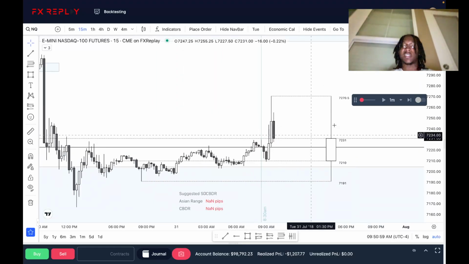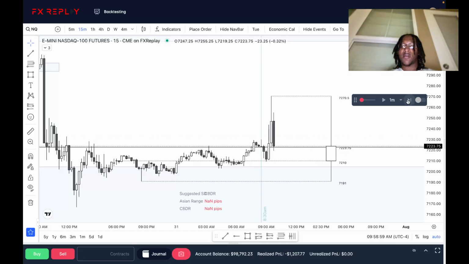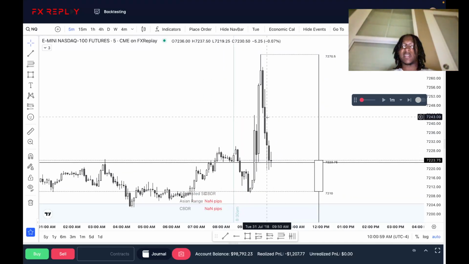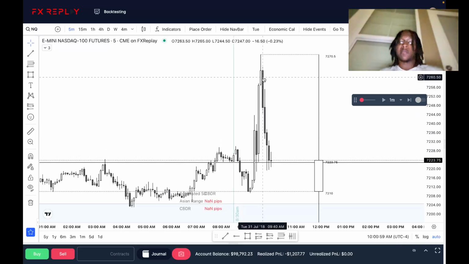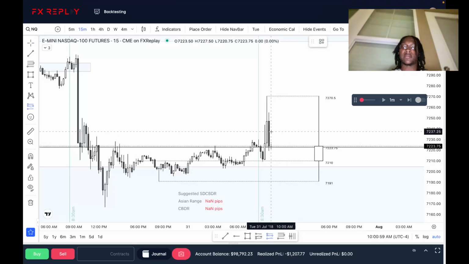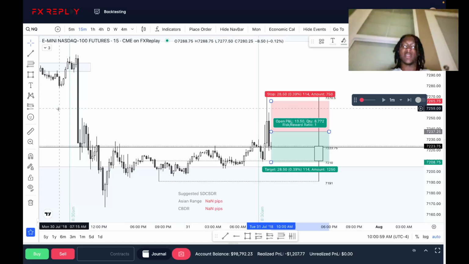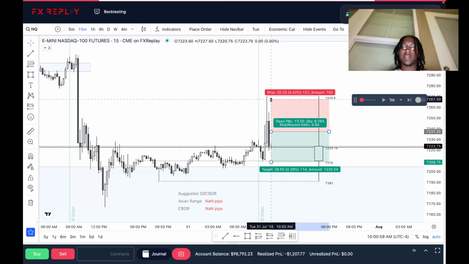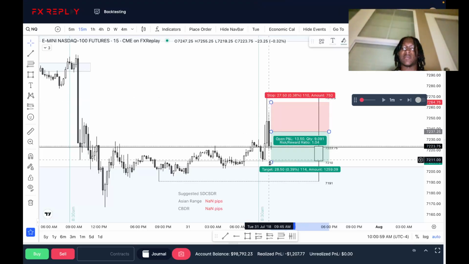I'm going to change in state of delivery here. Beautiful. This fair value gap here makes sense. Closing below this last down candle before the up move makes sense as well to look for potential bearishness. What I'll do is enter at the mean threshold of this candle here. We ran out these highs, the swing high over here, failed to displace above it. So my stops will be 27 points.